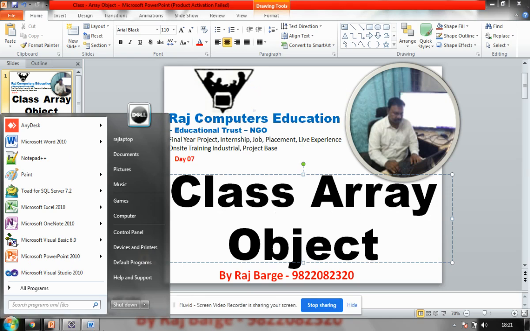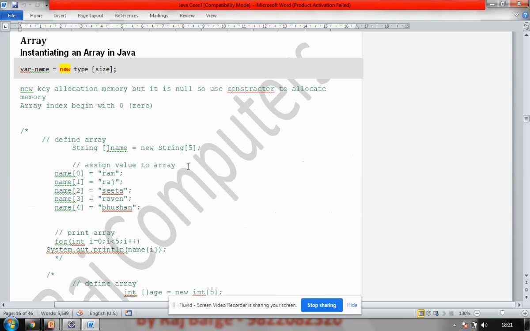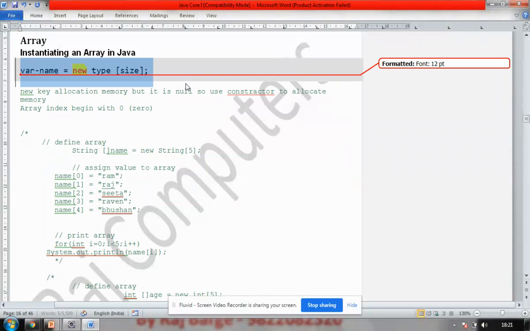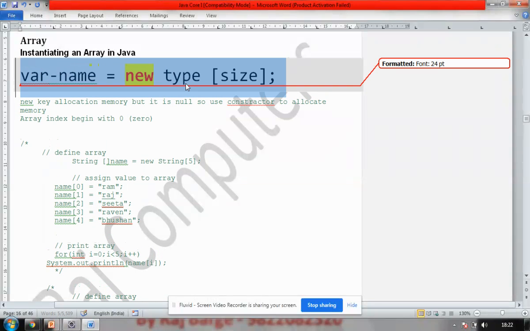See, when it comes to Java, there is a special syntax to define any kind of variable. It's very simple. You define a data type, then you say new, then you say the data type again, and you specify the size of the array.